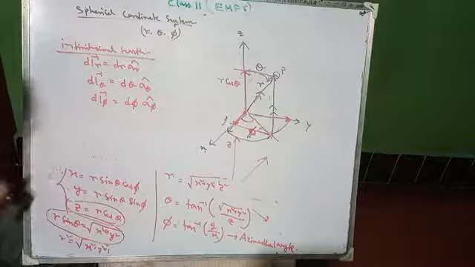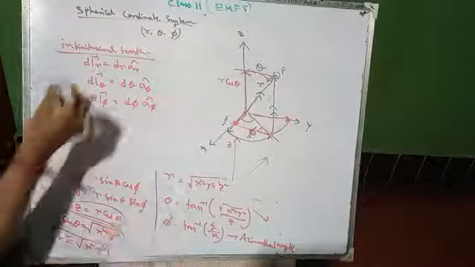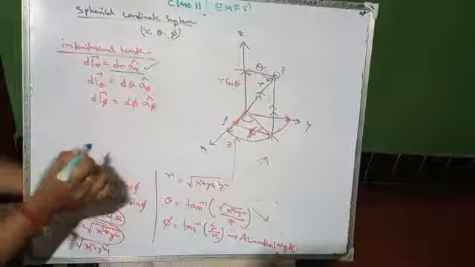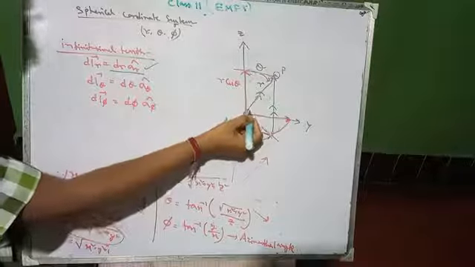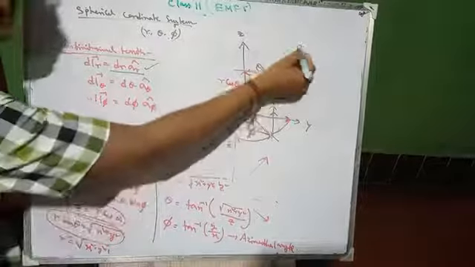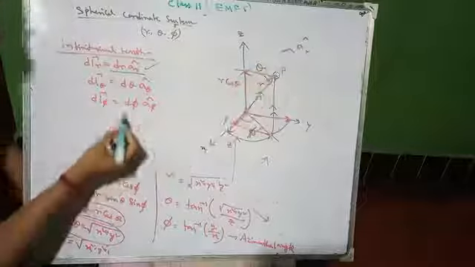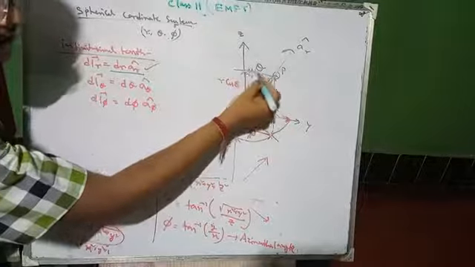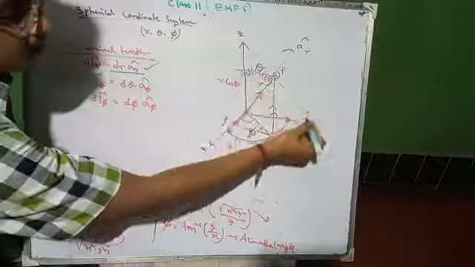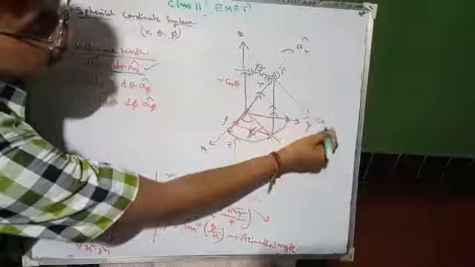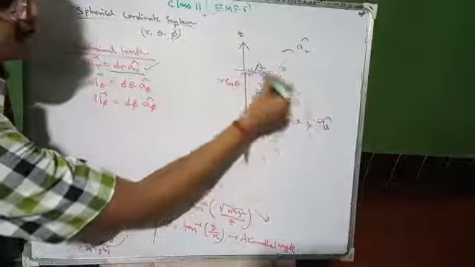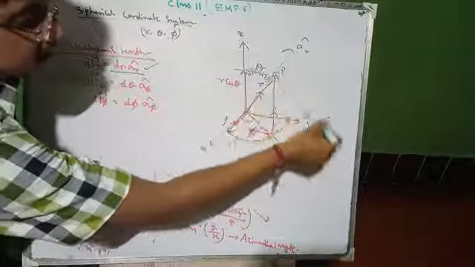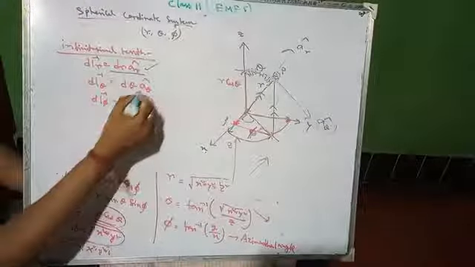Here you can see that dlr equals dr into ar cap. It is correct, right? This is nothing but the radial distance in ar cap direction. And d theta, how much? This is your theta, so the infinitesimal length over here, and the direction will be this one, a theta cap. This is the tangential direction. If we complete a circle, then the tangential direction from this point P will be the direction of a theta cap.